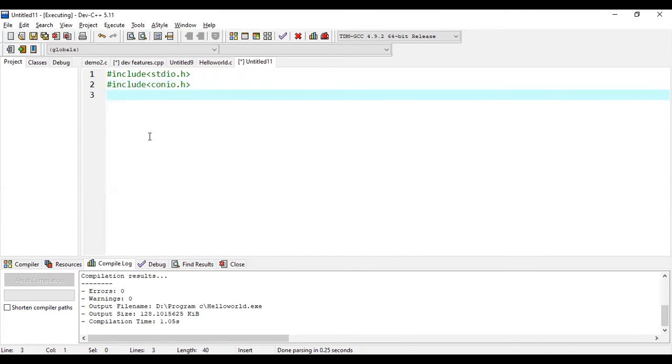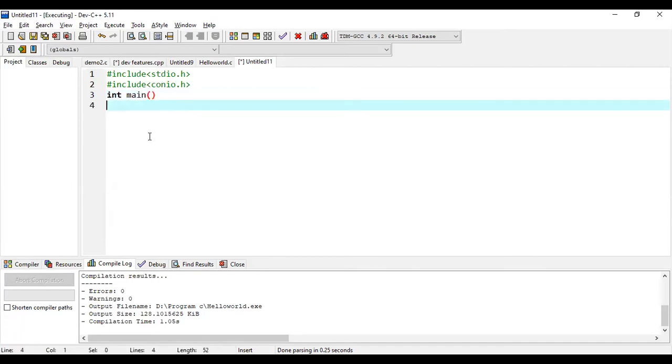Next one, integer main, then open and closing curly braces.